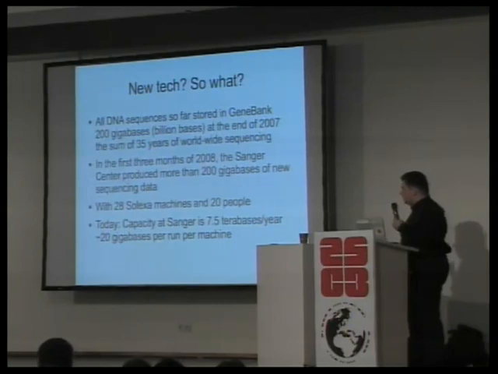And of course, they improved on this, and each machine is churning out 20 gigabases per run now, which is 7.5 terabases or 7,500 gigabases per year. The current output is actually a little more like 9 terabases at the moment, because this was written last month. So you can see how this is changing, and whole new modes are becoming available right now.